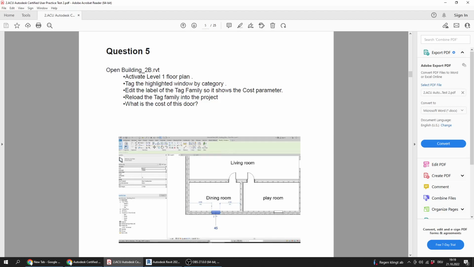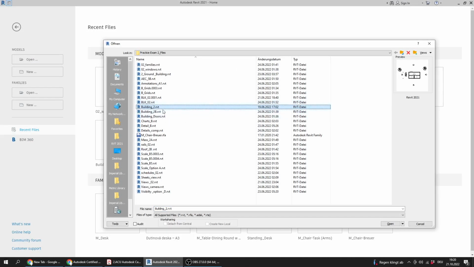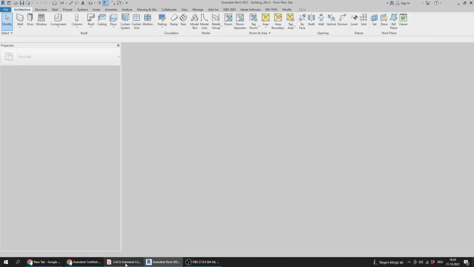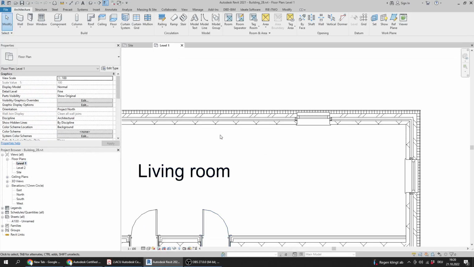Question number 5, open building 2B, activate the level 1 floor plan, and tag the highlighted window by category, and I should edit the label of the tag family so it shows the cost parameter, and then I will reload the tag family into the project. And what is the cost of this door? So I will go here and open building 2B and activate level 1 floor plan,